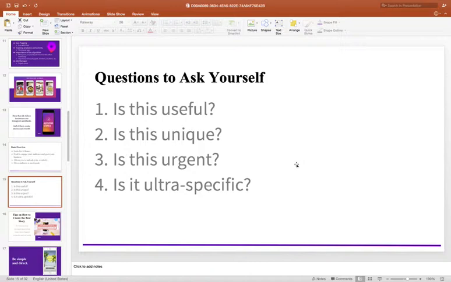One thing I'll mention in terms of asking yourself, this actually comes from a textbook that deals with social media strategies, and it talks about questions about how you should post. And this is actually reflected on all social mediums. It has to do with what's called the 4 U's: useful, unique, urgent, and ultra specific.